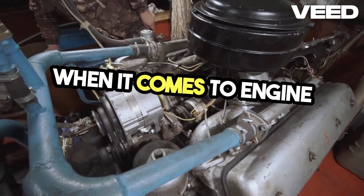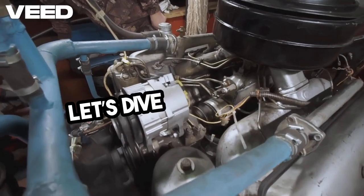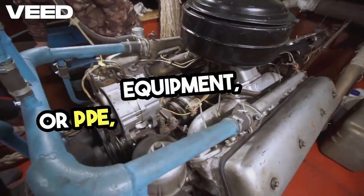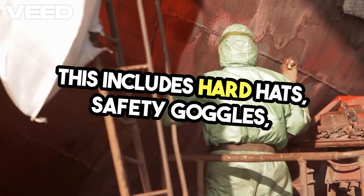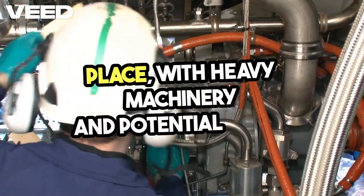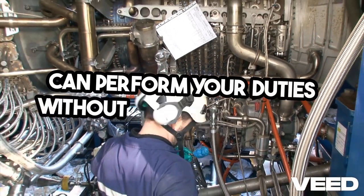When it comes to engine room watchkeeping, there are some critical do's and don'ts that every marine engineer must know. Let's dive right into it. First and foremost, wearing proper personal protective equipment, or PPE, is non-negotiable. This includes hard hats, safety goggles, gloves, and steel-toed boots. The engine room can be a hazardous place with heavy machinery and potential spills. By wearing the right gear, you're not just protecting yourself, you're ensuring that you can perform your duties without unnecessary